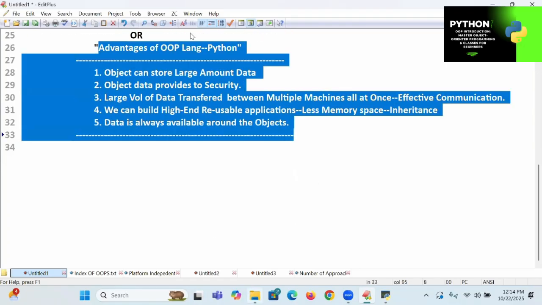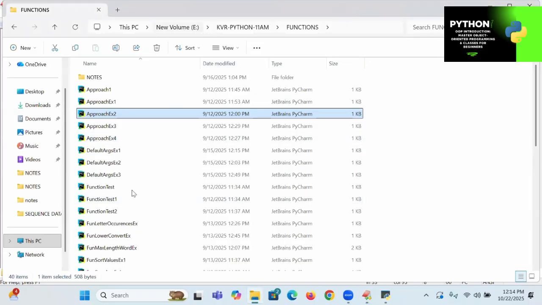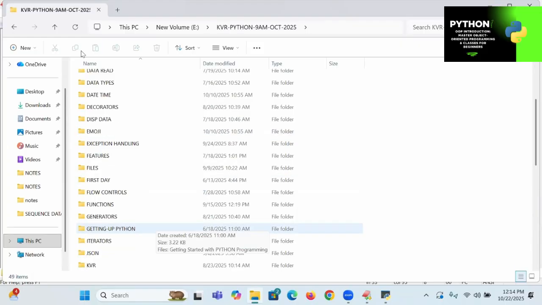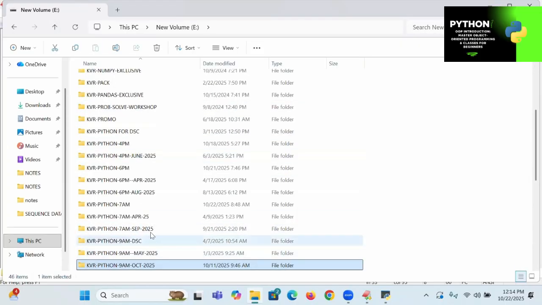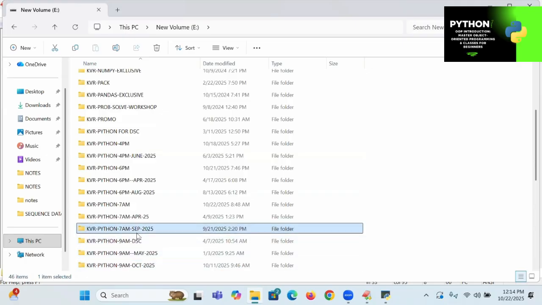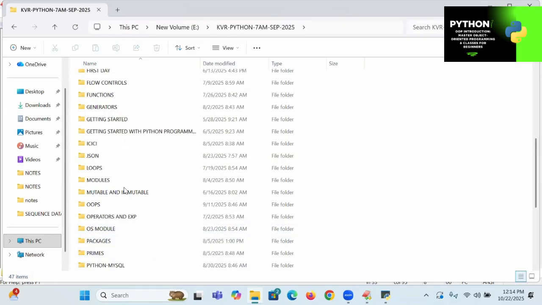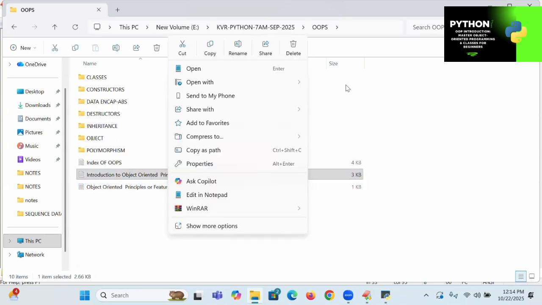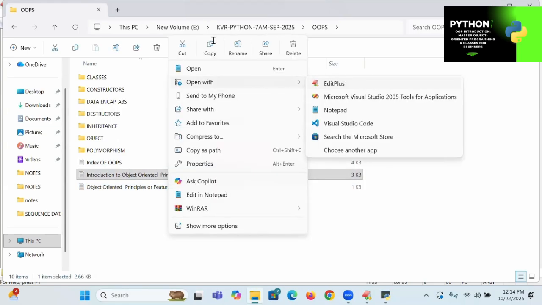And this is what I want to show you in the classroom. Online students, is it clear for you people? This description is clear for you people? So I hope that it was clear. When you come to OOPS here, I'm going to take the introduction to object oriented programming